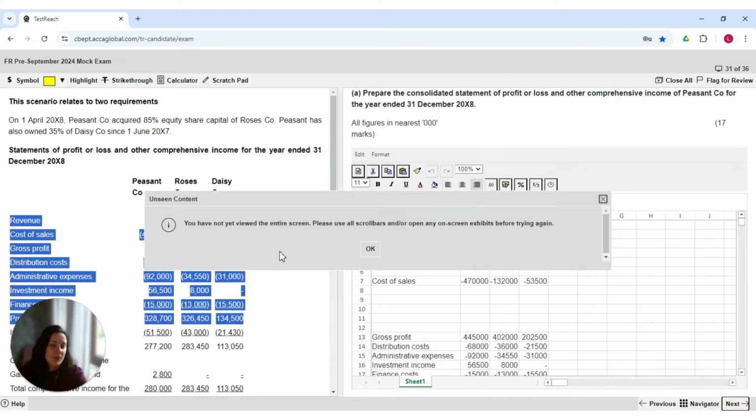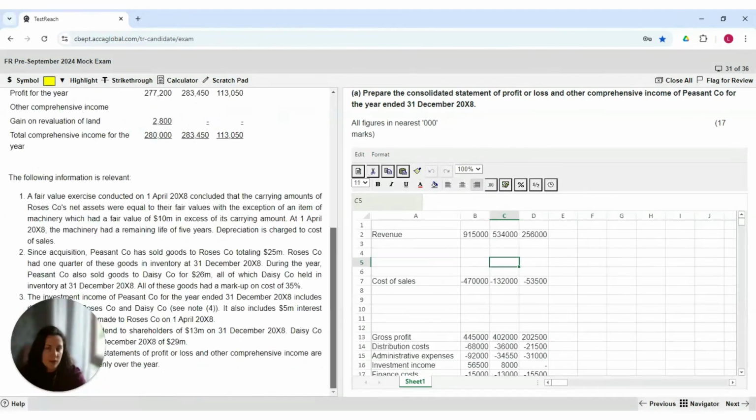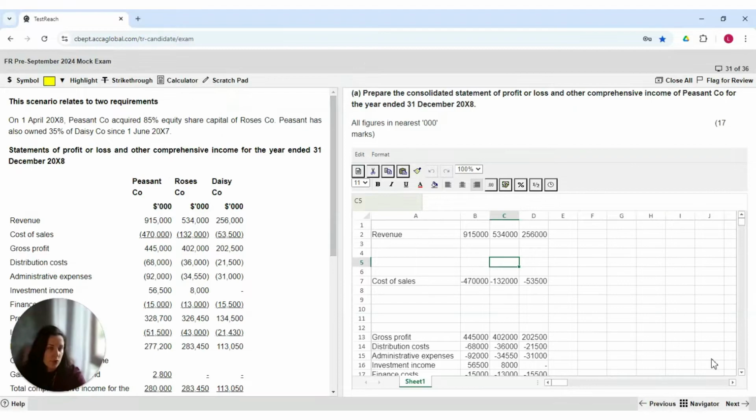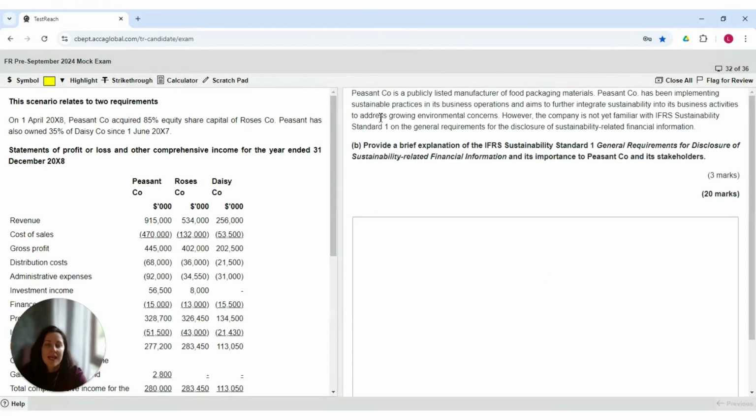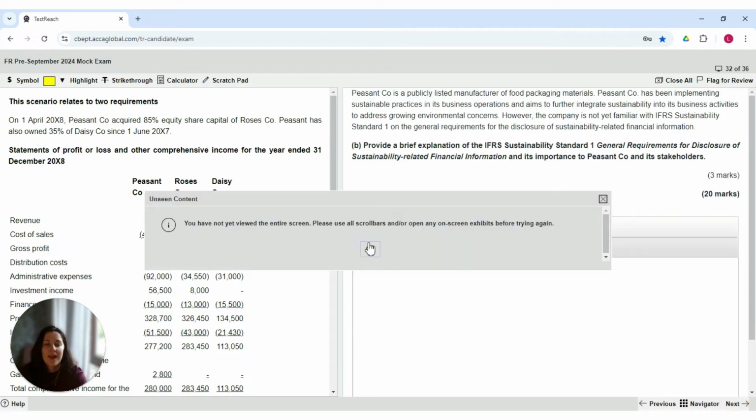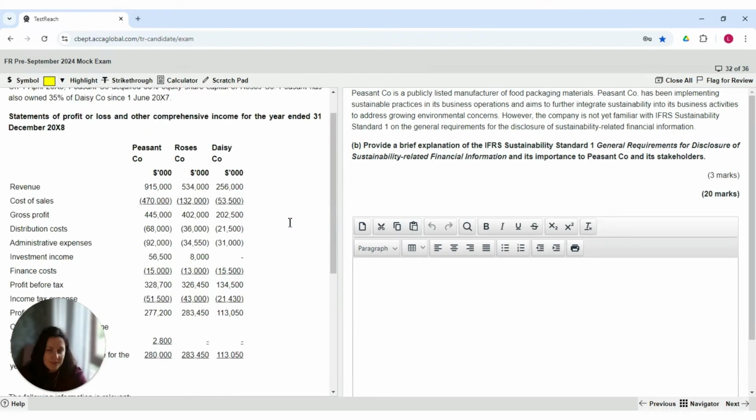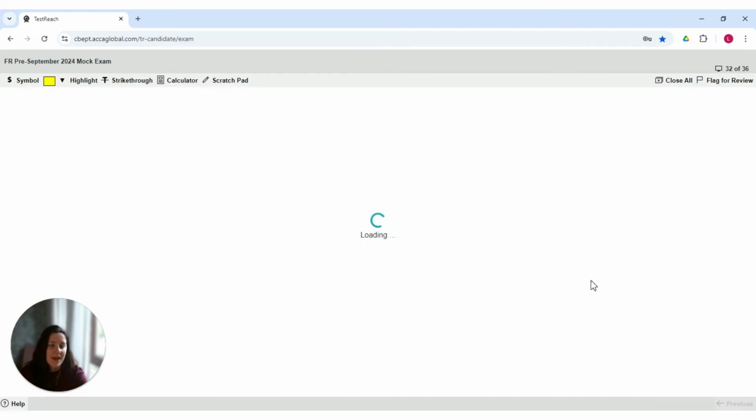Now going next. If you have a mistake like that, then this means that there is a scroll bar that has to be scrolled down so that you would ensure that you have seen everything. You may be asked to talk about something. So, for example, brief explanation of IFRS Sustainability Standard 1. And again, need to scroll down despite the fact that we have already seen the scenario. And then next,